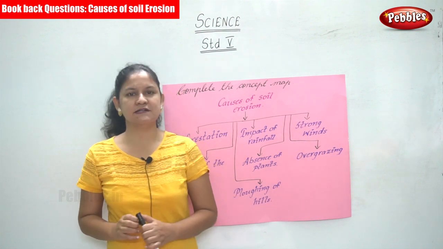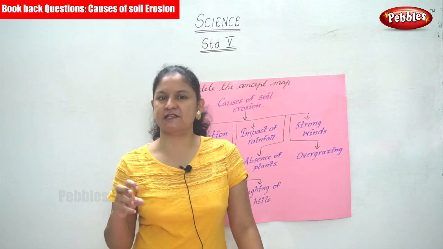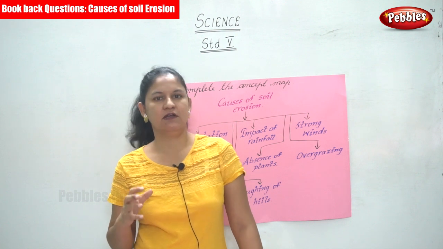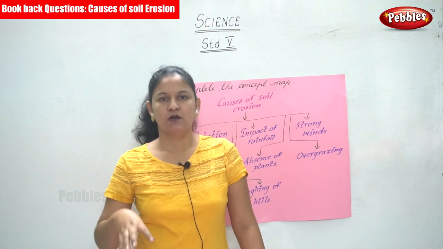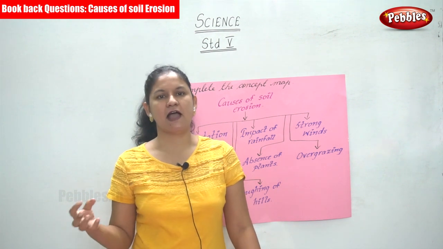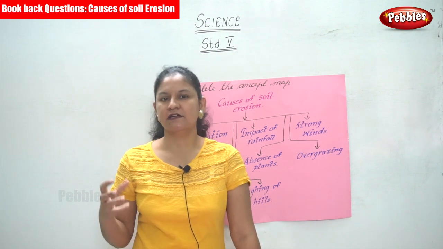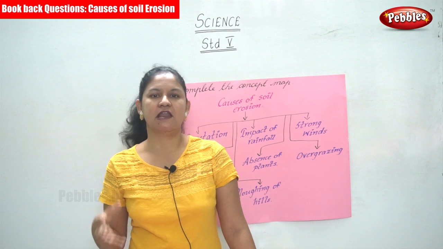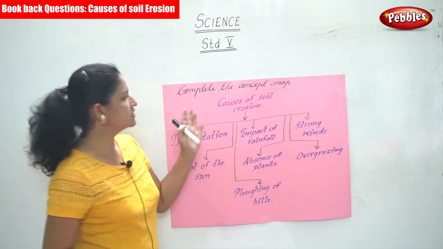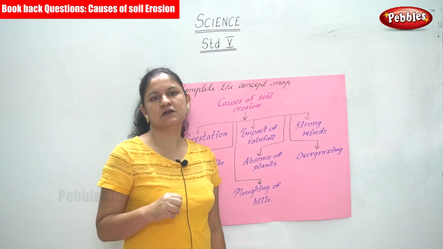So when we learn something new, it is always nice to learn with examples or a different type of game. Say for example, we are learning addition. We always teach by showing different objects and we add it up together, and in this way it gets rooted in our mind. So now we are going to talk about the causes of soil erosion